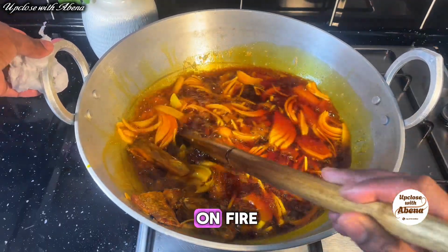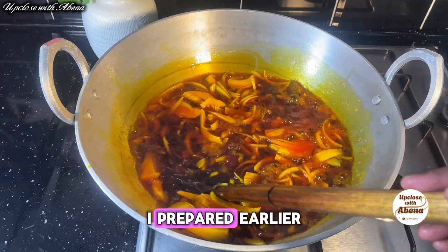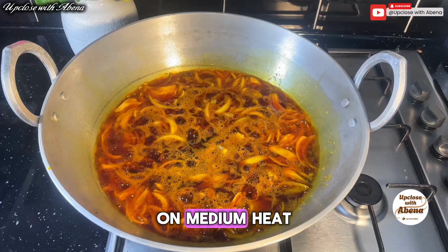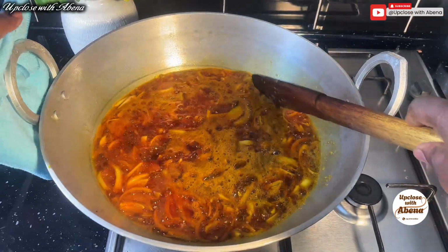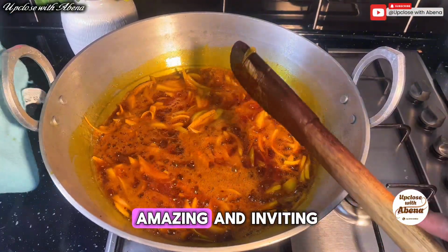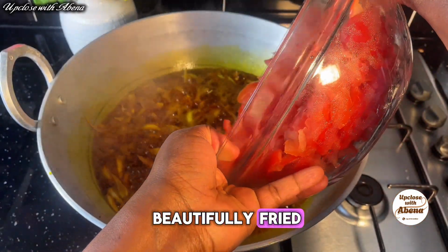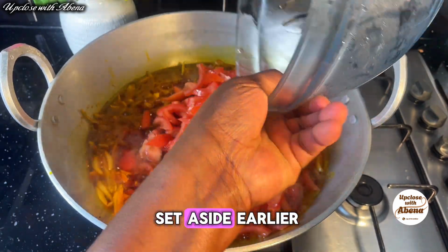After 3 minutes on fire, I'll go ahead and add the sliced onions I prepared earlier. I'll be frying them for about 3 to 4 minutes on medium heat while stirring continuously to make sure they don't burn. At this point, the aroma in the kitchen was absolutely amazing and inviting. Once the onions have beautifully fried, I will then add the sliced tomatoes I set aside earlier,